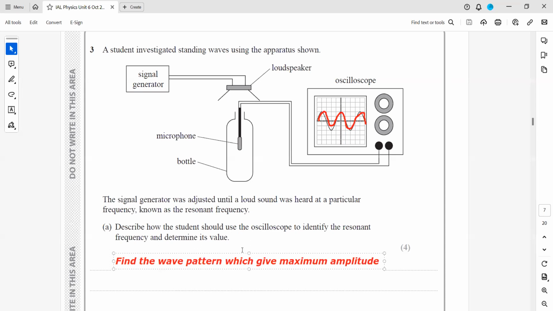So first, what should students do? Students should find a wave pattern which gives the maximum amplitude. That is the first thing. After finding the wave pattern which gives the maximum amplitude, then find how many peaks are covered. Find the number of the peaks in the pattern. Then find the distance between